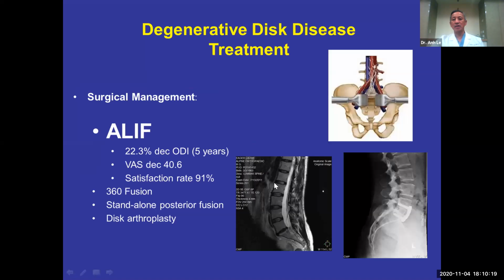So let's look at the anterior spinal fusion. This is a standalone fusion. As you can see in this particular patient, they have a very degenerative L5S1 disc. So we approach it from an anterior approach between the major vessels, which in this case are the common iliac vessels, and that allows access to the disc space. We took out the painful disc. We place an intervertebral body spacer to stop the movement, and then we apply fixation with an anterior plate.